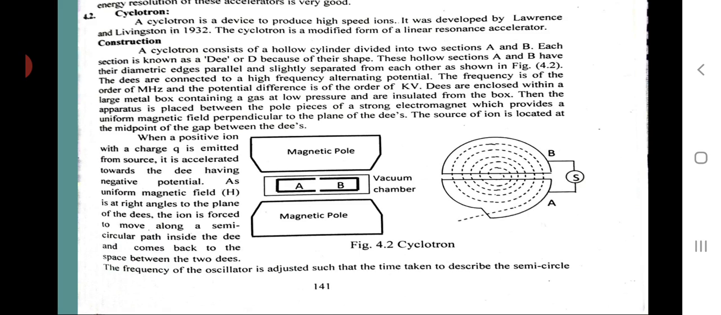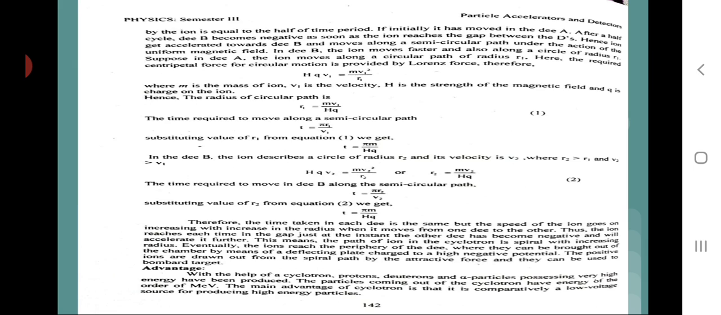It is accelerated towards the D having negative potential, and as the uniform magnetic field H is at right angles to the plane of the Ds, the ion is forced to move along a semicircular path inside the D and comes back to the space between the two Ds. The frequency of the oscillator is adjusted such that the time taken to describe the semicircle by the ions is equal to half of the period. If initially it has moved in D A, after a half cycle D B becomes negative. As soon as the ion reaches the gap between the Ds, it gets accelerated towards D B and moves along a semicircular path